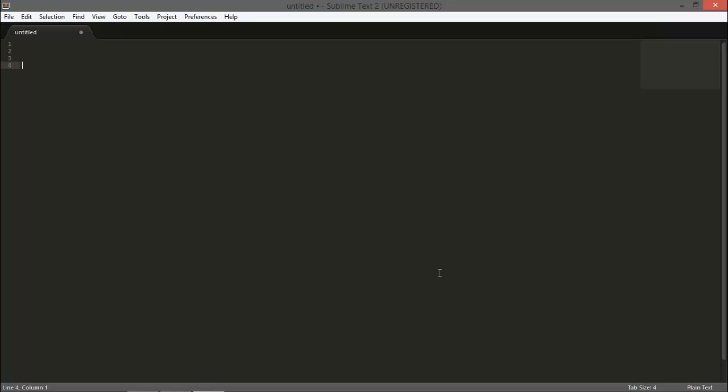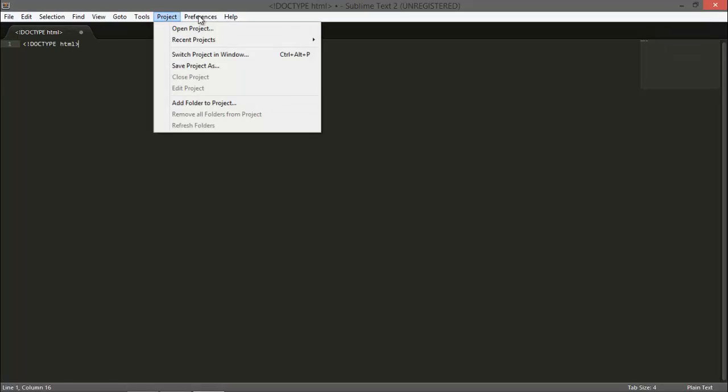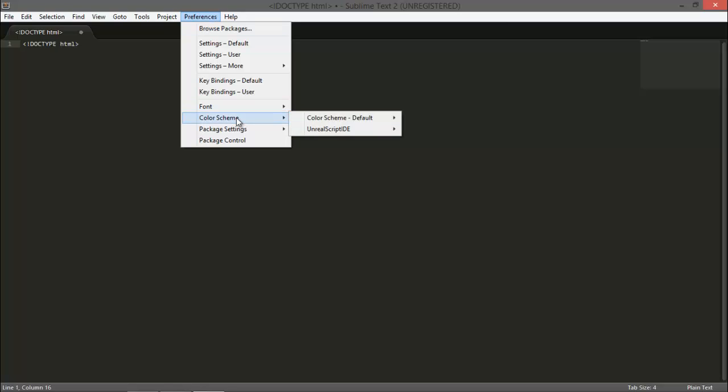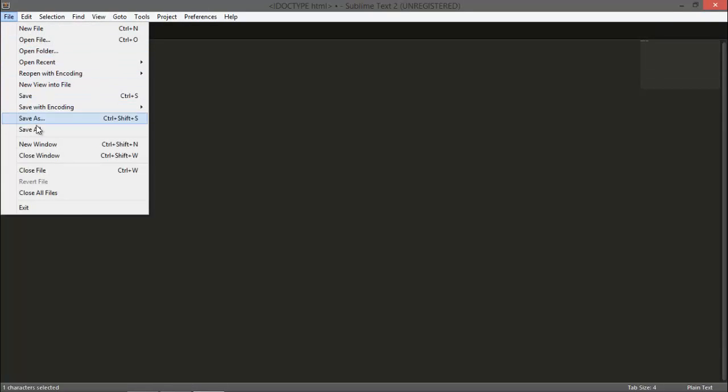Now, the first thing you need in any true HTML web page is the DOCTYPE tag. And then because in this tutorial series I'm going to be using HTML5, you can just put html. And then say you're using Sublime Text 2, I'm just going to then go to save this as